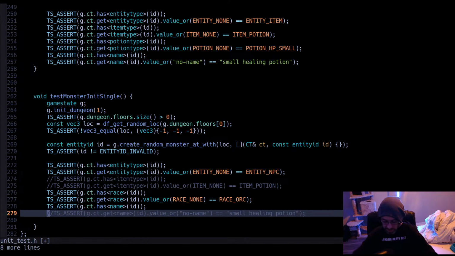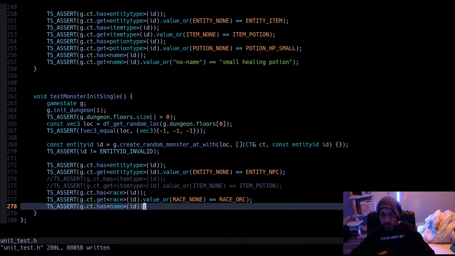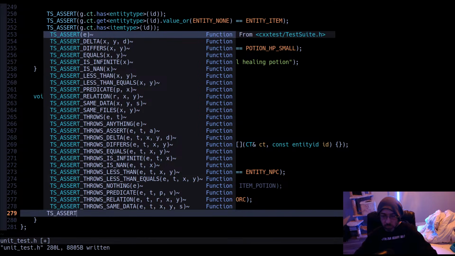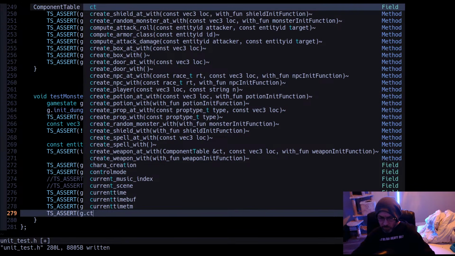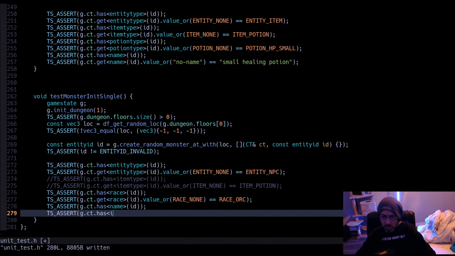We can only assert that it has one. It has an inventory.